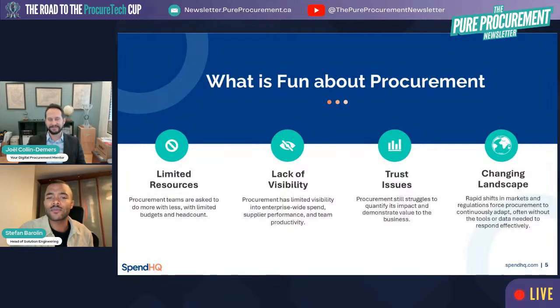But it's still something that we have to fight for, justify the value that the procurement team is generating, and all of that while in a changing environment, a changing landscape, the market, the technology, the regulation, the government, the tariffs, anything that is happening around us keeps moving in all directions. So it really makes it a challenging place to be in, but also still a space that